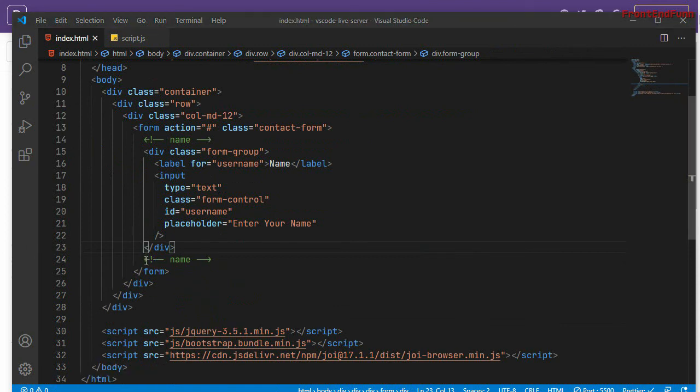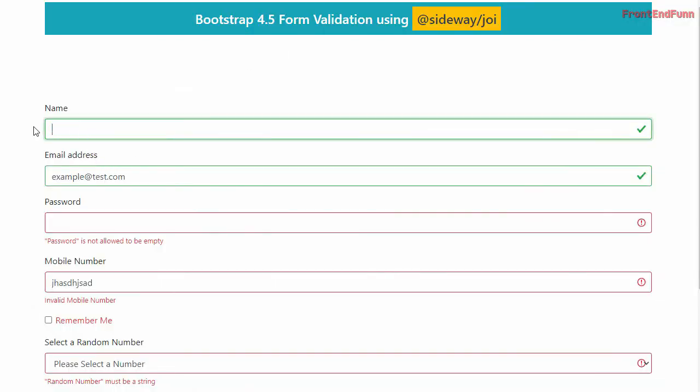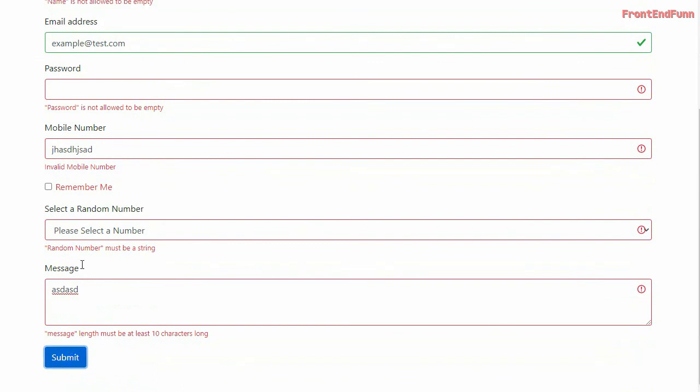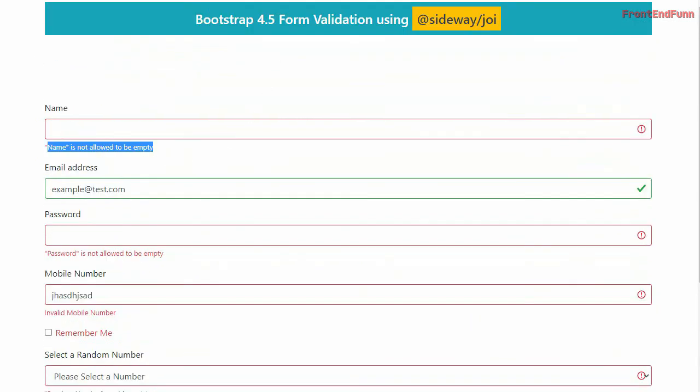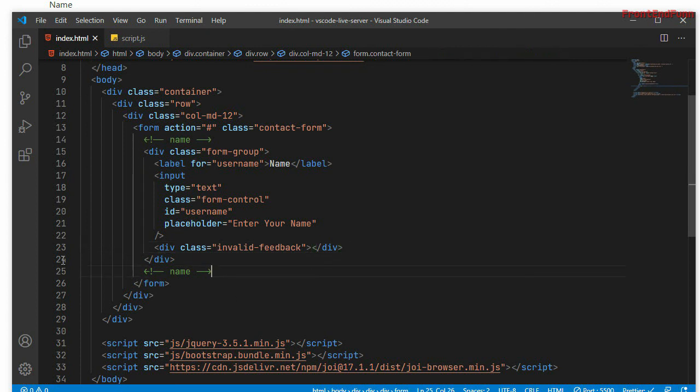All we need is a div for the feedback. Okay, so if we get any error message, we need to display it inside this div. Fine.